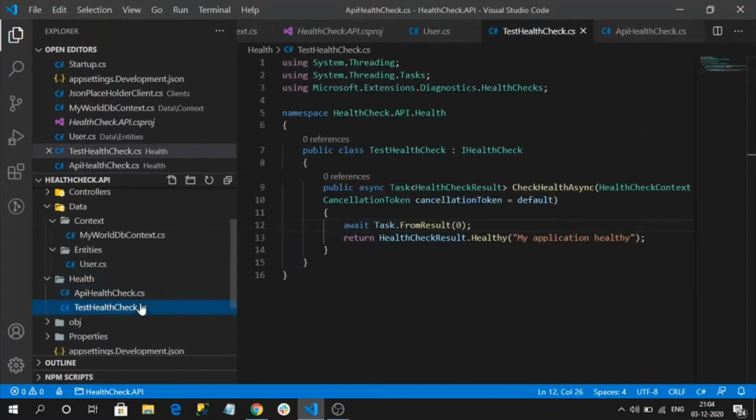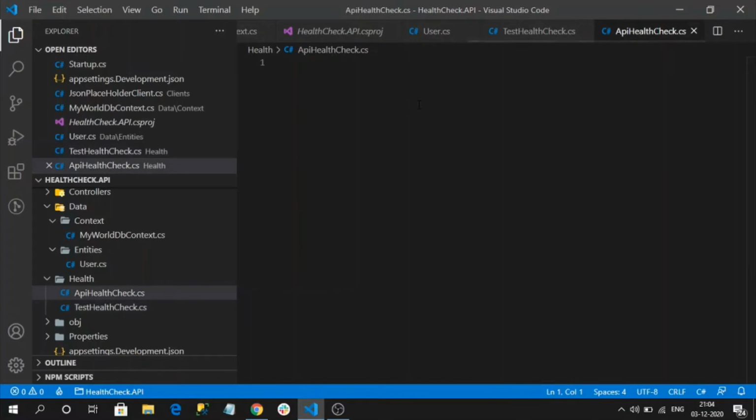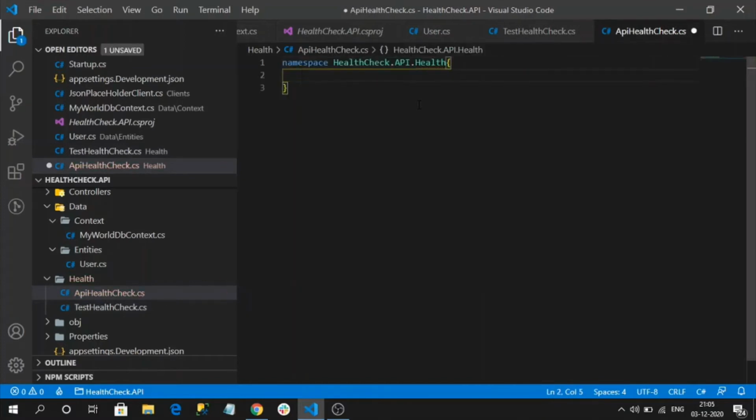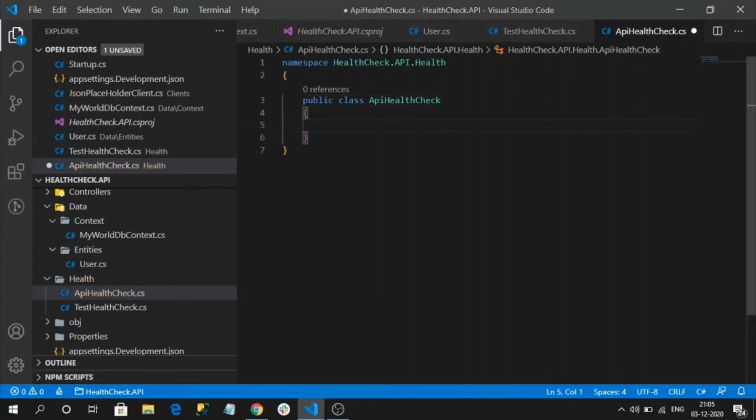Okay, let me copy the namespace. I'm having a problem with the IntelliSense, so I'm copying. Public class, to make this class a health check, we need to inherit the health check service interface.